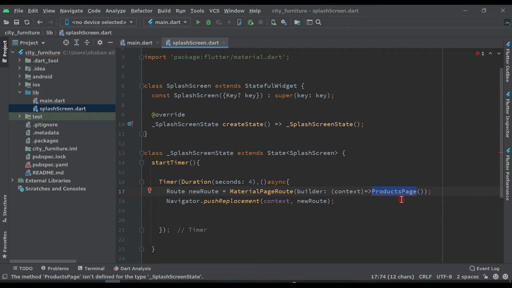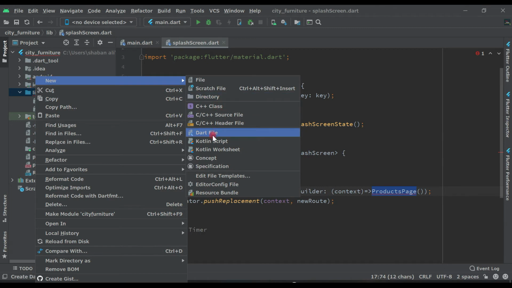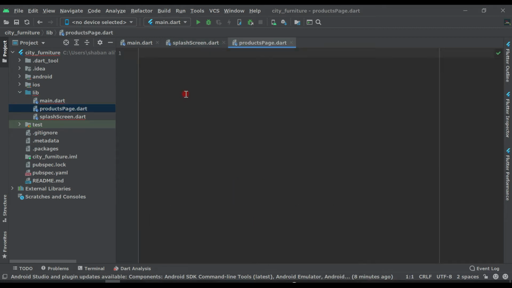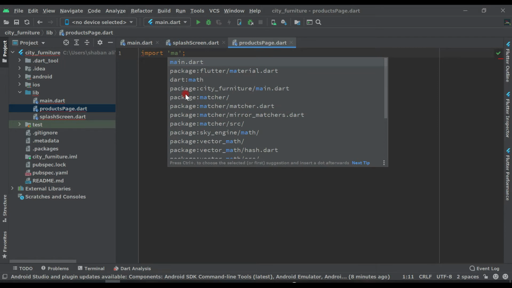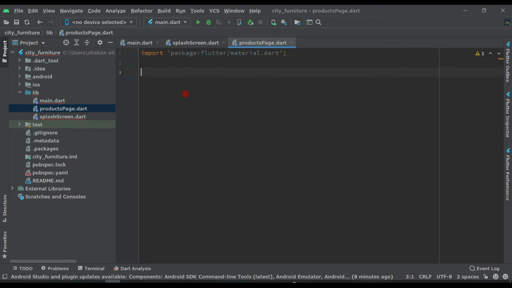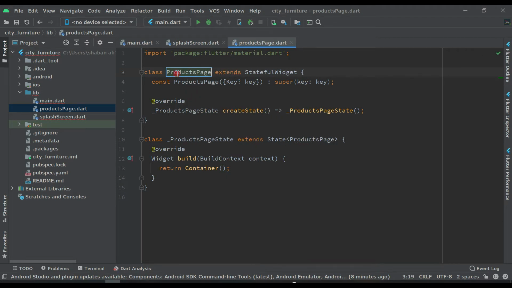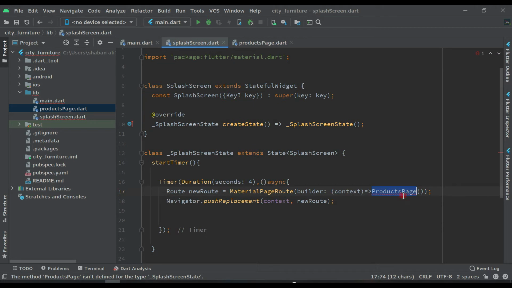Let's create this page. Come back to the lib, right click, new dart file, and give the name products page, enter. Now let's import material.dart and stateful visit and give the name products page, the same name which we have mentioned here, this one.